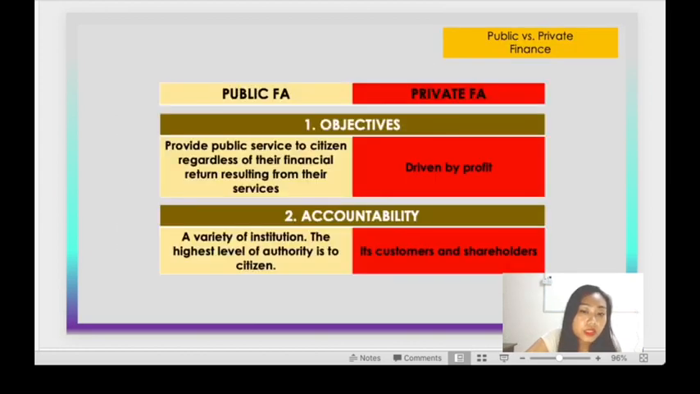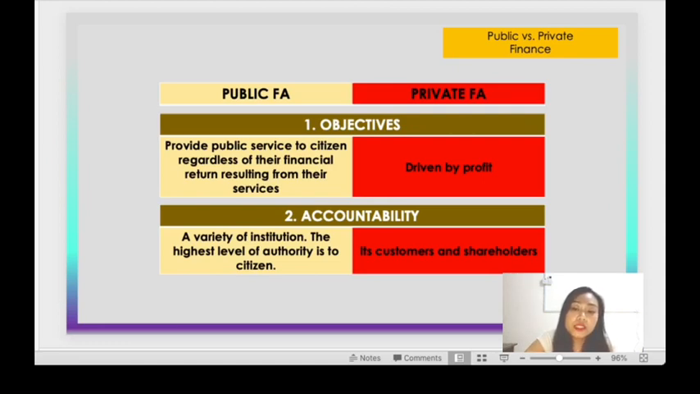Okay, what is the difference? The objective of public service is to provide for citizens regardless of the financial return resulting from their services. However, the private sector is driven by profit. Of course, money is everything. Business always comes first. So the second one,